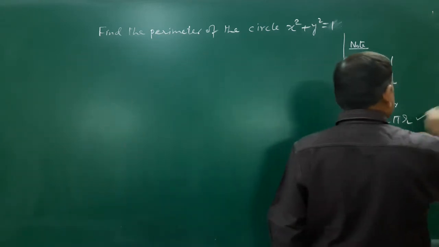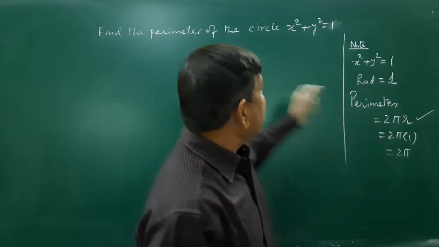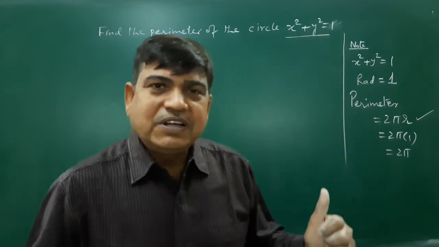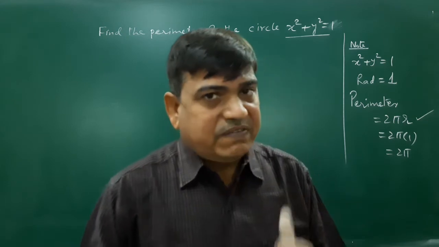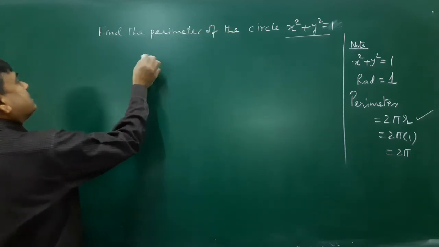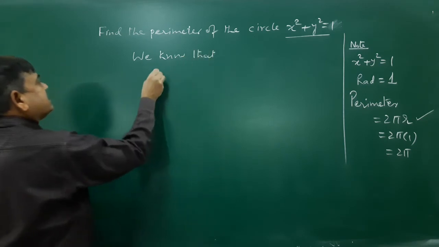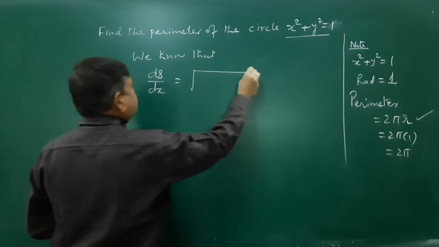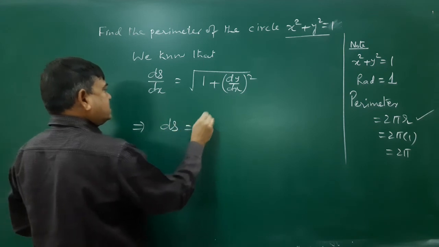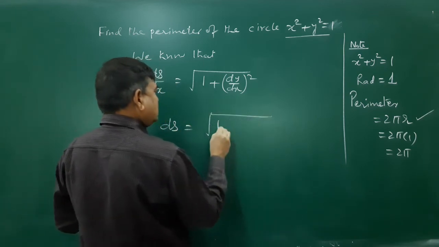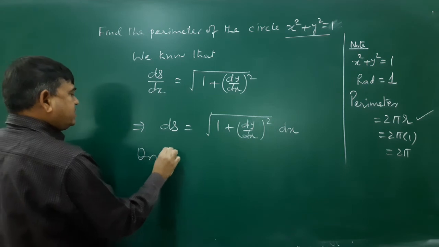If we know this formula, यदि आपको ये फॉर्मूला याद है तो आप डायरेक्ट कैलकुलेट कर सकते हैं, लेकिन ये केवल सर्कल के लिए ही। सर्कल की जगह यदि मैं कोई और इक्वेशन लिख देता हूँ तो फॉर्मूला यूज नहीं होगा। तो हम इस रिजल्ट्स को थोड़ी देर पहले जो फॉर्मूला किया उससे हम वेरीफाई करते हैं, देखते क्या होता है। ओके, we know that ds by dx is under root of 1 plus dy by dx whole square. This is, on integrating,